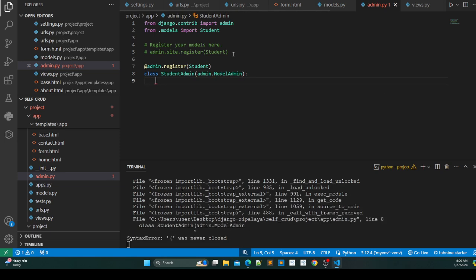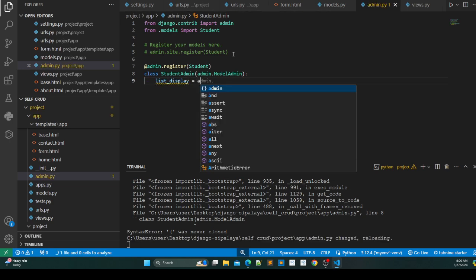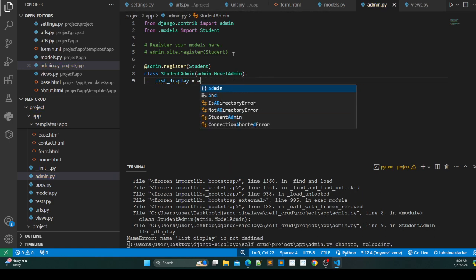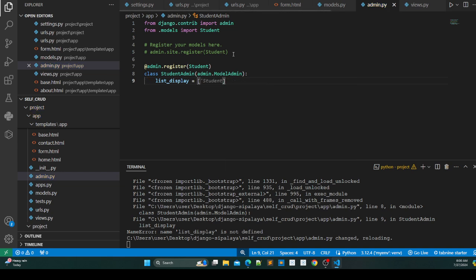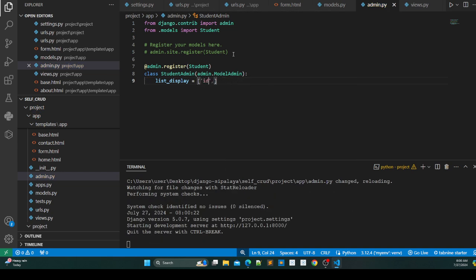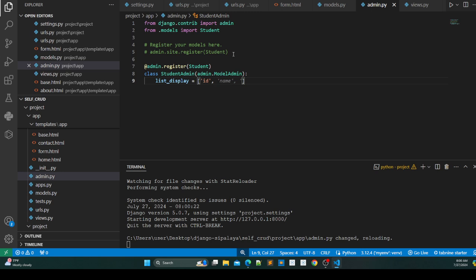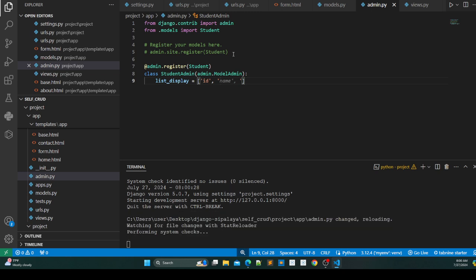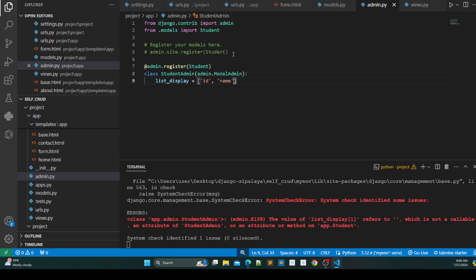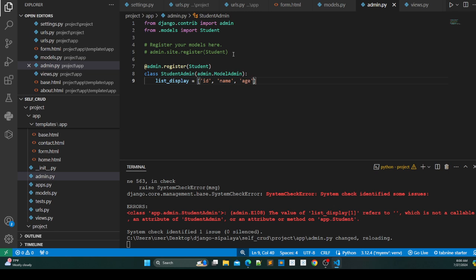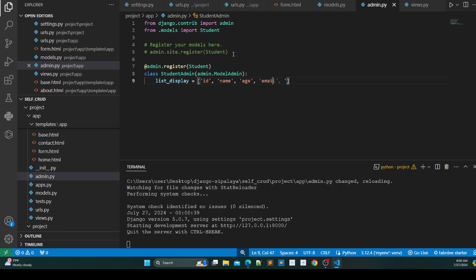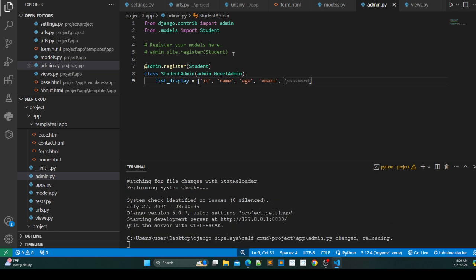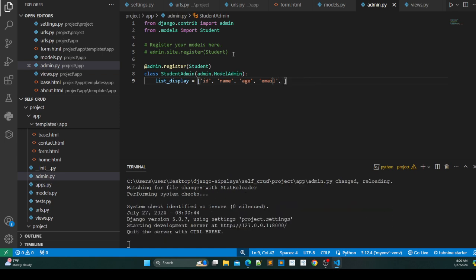After doing this, what I'll do is a list display. Over here I'll do admin. I'll provide the list which I want to show in Django administration. So the first one will be ID, that will be automatically created by Django, okay, while doing that migrate command. So the name, the second one is age, the third one is email, and the fourth one, let's say,